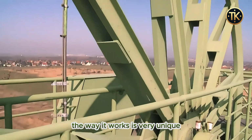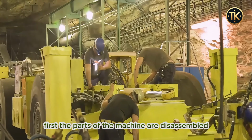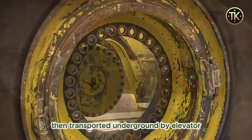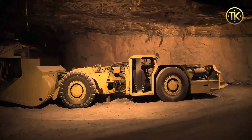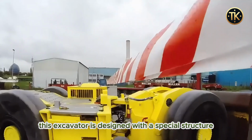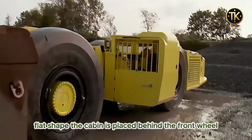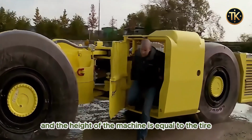The way it works is very unique. First, the parts of the machine are disassembled, then transported underground by elevator, and finally reassembled according to the design drawings. Due to the harsh underground working conditions, this excavator is designed with a special structure. Flat shape. The cabin is placed behind the front wheel, and the height of the machine is equal to the